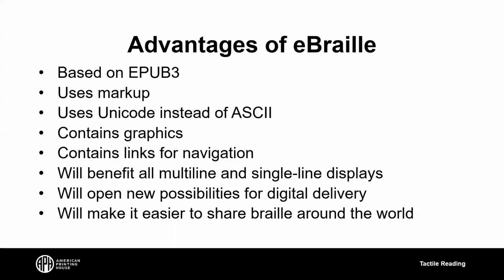With the old file type, the BRF, it's hard coded. There is actually no such thing as a paragraph inside a BRF. It's just a set of lines that are next to each other. There's nothing in there telling the software this is a paragraph. And so the markup is the really key thing that makes eBraille special, because it allows us to know where the headings are. It allows us to know what's a list, what's a table. It makes everything else possible in its own way.